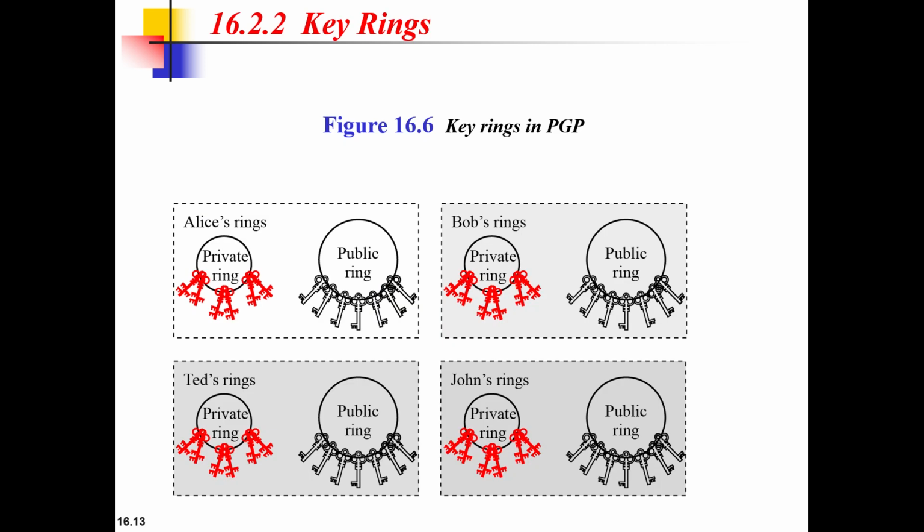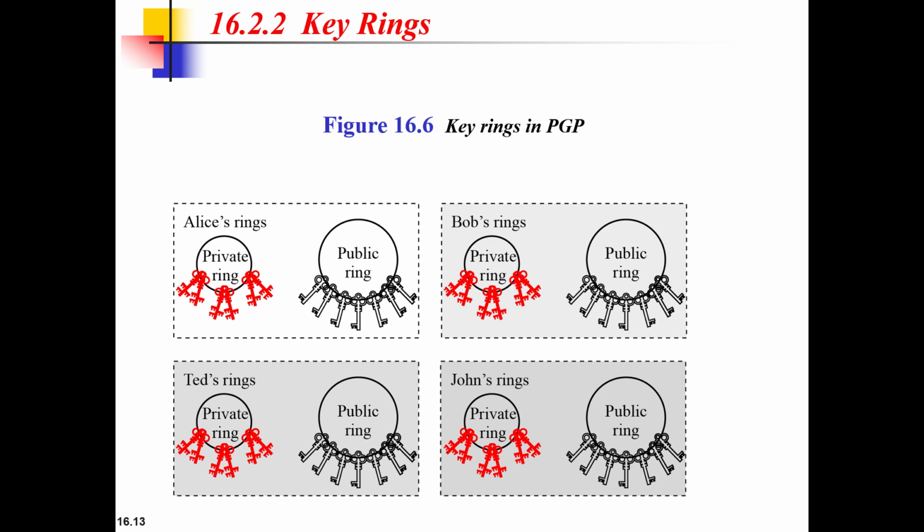Next is key rings. We usually assume that Alice needs to send a message only to Bob. But it is not always the case. Alice may need to send messages to many people, so she needs key rings. In this case, Alice needs a ring of public keys with a key belonging to each person with whom Alice needs to correspond, like sending or receiving messages. In addition, the PGP designers designed a ring of private-public keys. One reason is that Alice may wish to change her pair of keys from time to time.